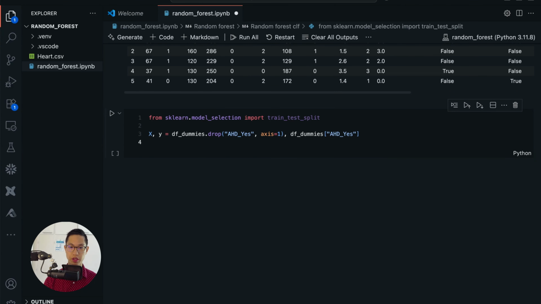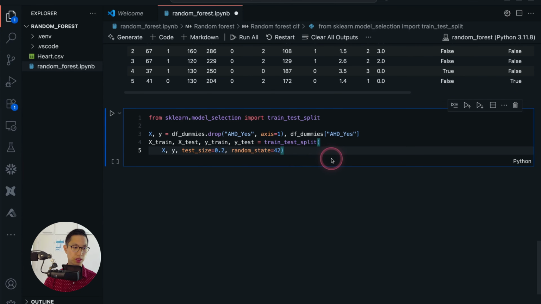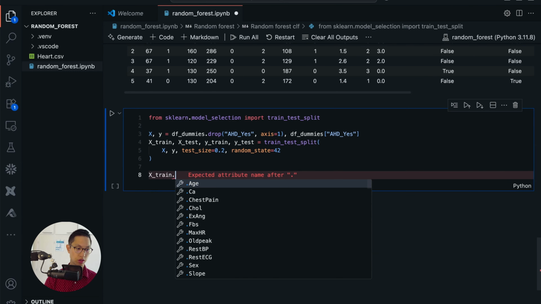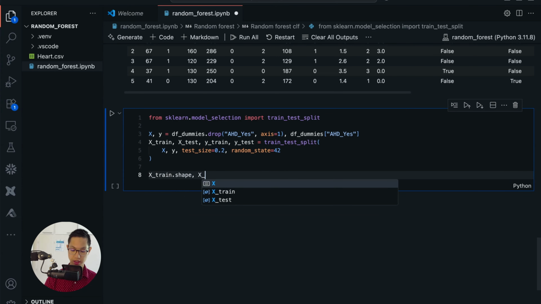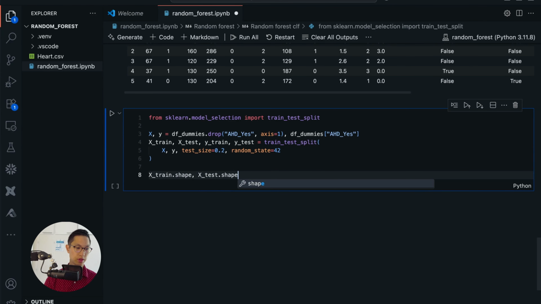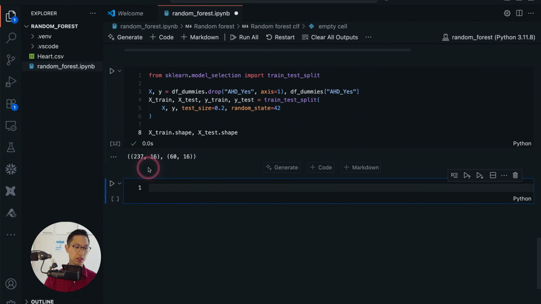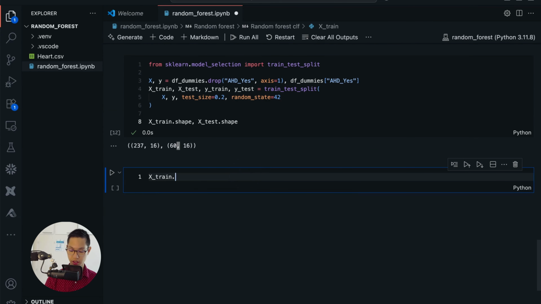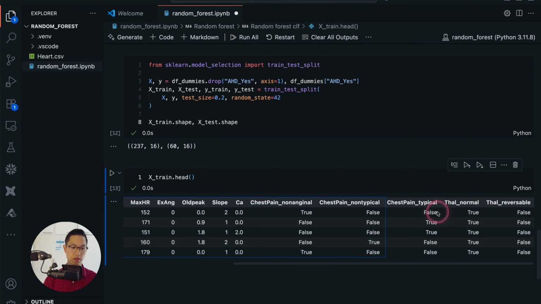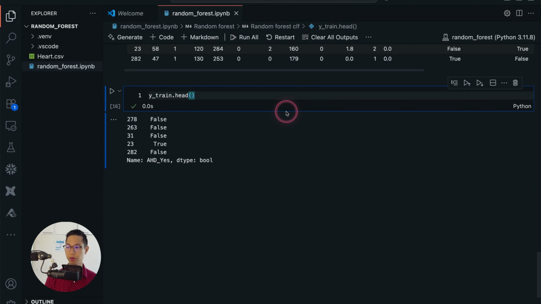Here I'll just copy this code because I don't want to mess it up. We have x_train.shape, x_test.shape, and you can see it looks like this. Okay, we have 60 in tests. Okay, x_train, let's look into the head here to see how that looks. You can see here we have true, and in the train the prediction will be true and false, and that's